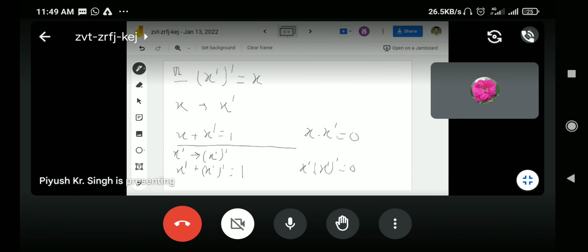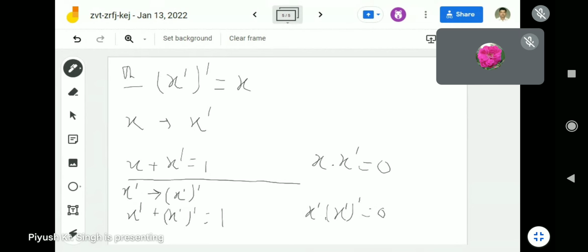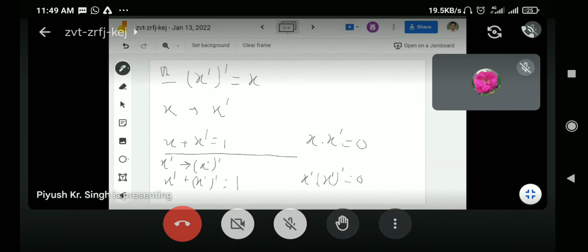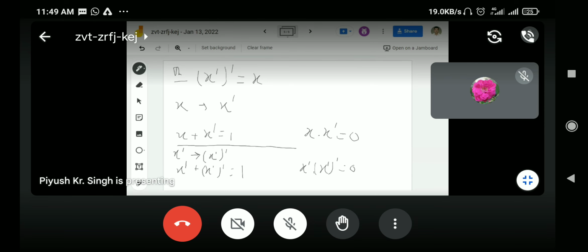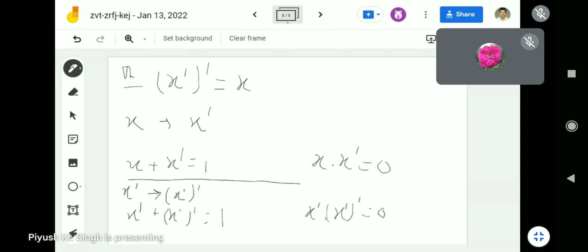हमने कहा कि x एक एलिमेंट है, सर। उसका एक कॉम्प्लीमेंट x बार एग्जिस्ट करेगा, ठीक है, एक यूनिक x बार, अकेला x बार एग्जिस्ट करेगा जो कि x प्लस x बार 1 हो जाएगा और x डॉट x बार 0 हो जाएगा। तो हम अगर उसको दूसरे तरीके से देखें तो हम कहेंगे x बार उस बुलियन सेट का एक एलिमेंट है, तो x बार अगर एक एलिमेंट है तो उसका कॉम्प्लीमेंट भी एग्जिस्ट करेगा, x बार का बार, ठीक है, मतलब x बार बार,